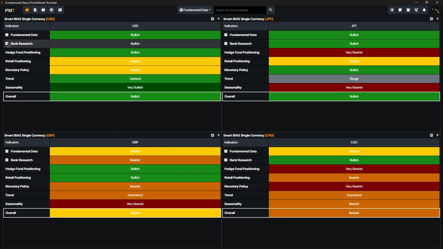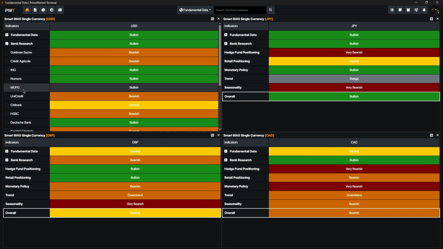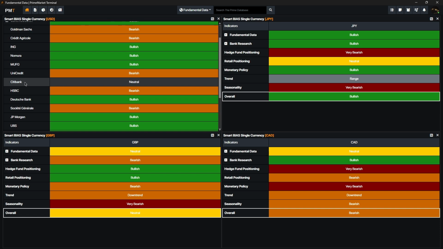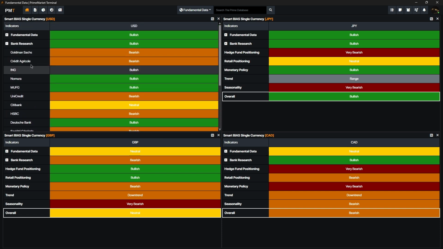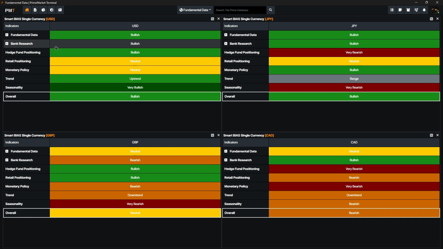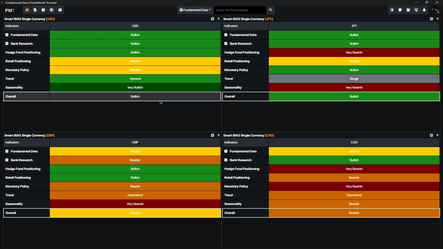It looks at bank research, so Goldman Sachs is bearish on the dollar, MUFG is bullish, Citibank is neutral, HSBC is bearish, JP Morgan is bullish, and it gives you a summary and says that banks are basically overall bullish, hedge funds positioning bullish, retail positioning neutral, monetary policy, and then it gives you a summary and says that overall USD is bullish. But as I said, I personally don't use this feature a lot because when it comes